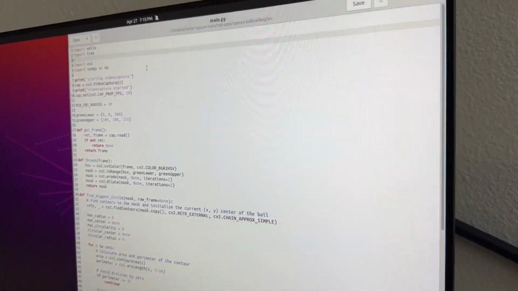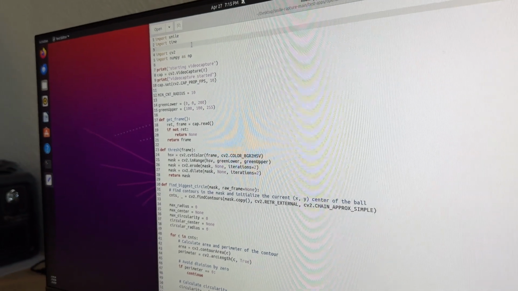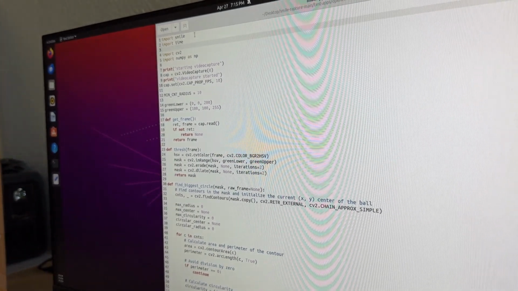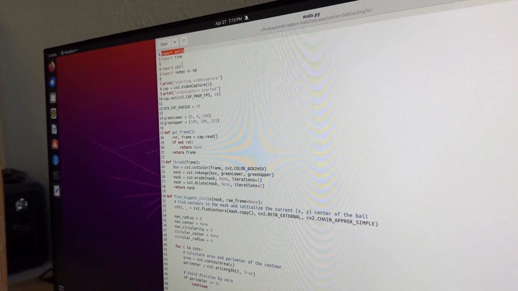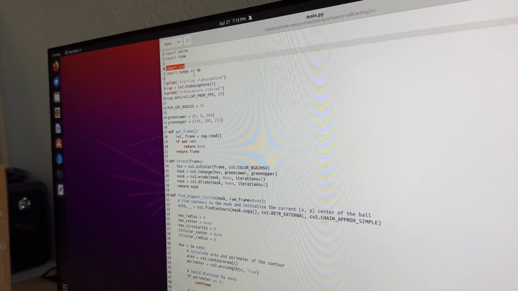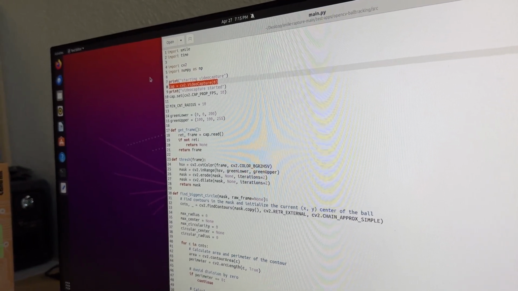So now we're going to do a quick walkthrough of the application that we uploaded earlier for the OpenCV ball tracking. As we can see, it imports the Smile module to begin with so that they can access the functions, and we're also going to be using CV2 to do our image processing. So it first opens a video capture stream,